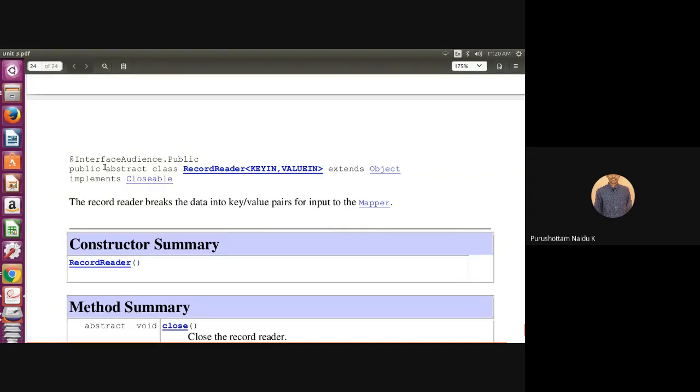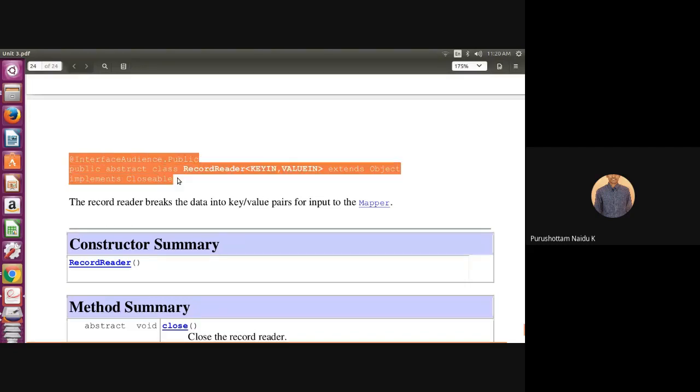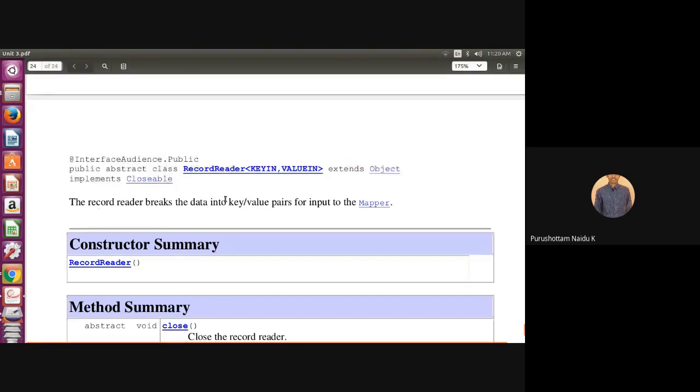That is the simple class definition of RecordReader. The main purpose of RecordReader is to break the data into key value pairs that are given as input to which one? The mapper. Okay, this is the default constructor of a RecordReader.